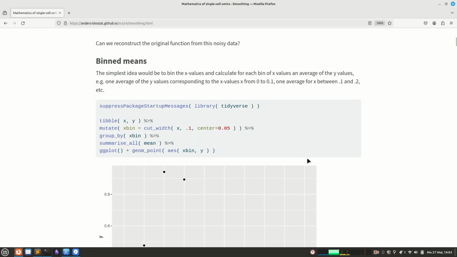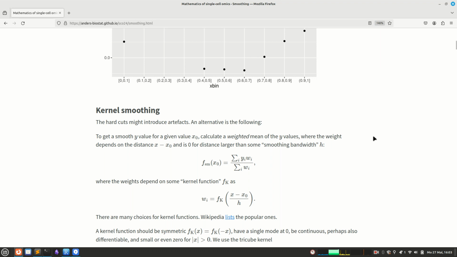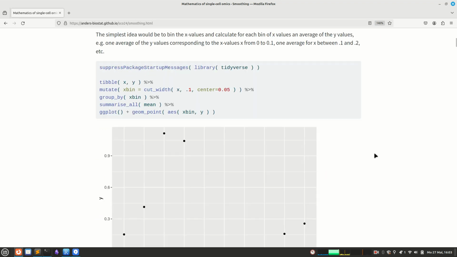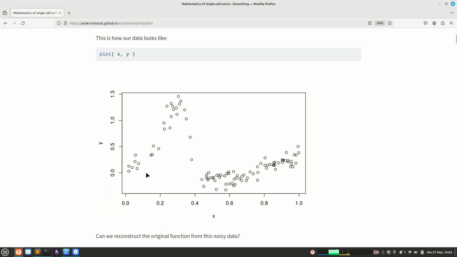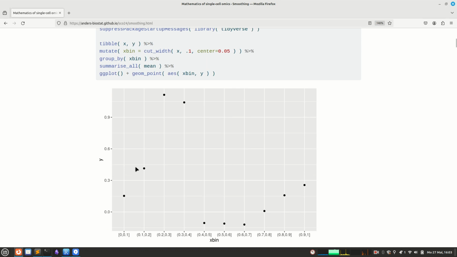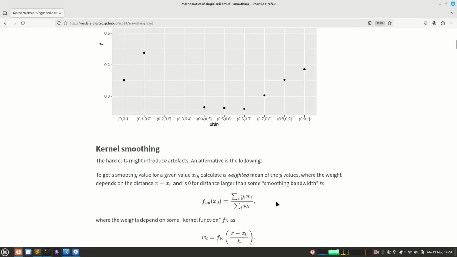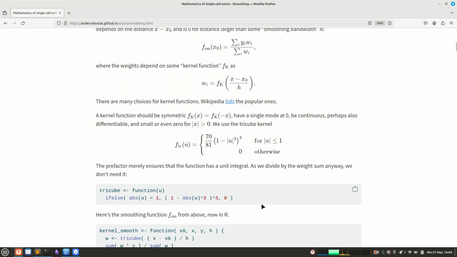And then I showed you last time several ways how to get back to this smooth curve. And the easiest is, of course, simply to put this into bins of X values and take the average over them. But then we don't really get a smooth curve, but rather a staircase curve. So what we then did was kernel smoothing, where we said we